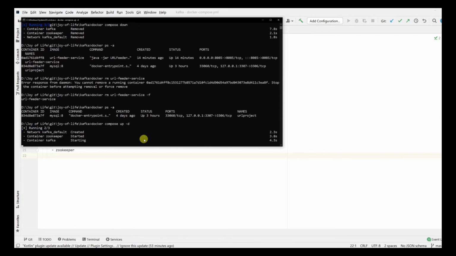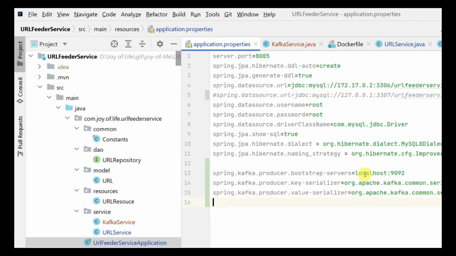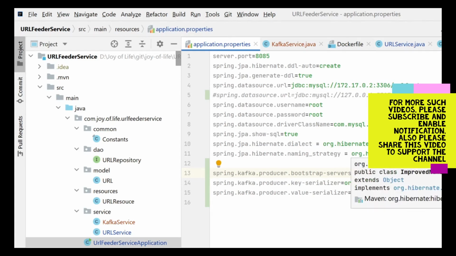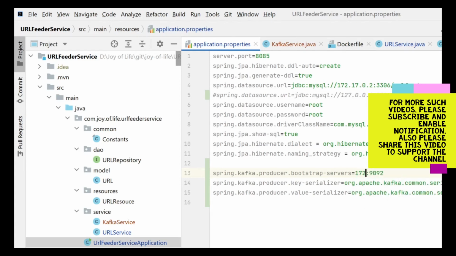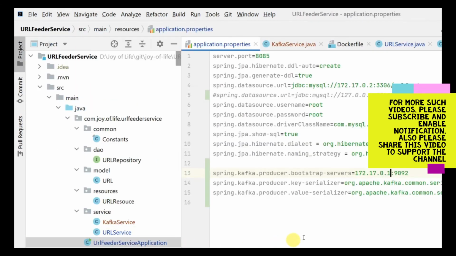And since we are recreating it again, we need to go ahead and create our consumers. We are going to change all this host. So we are not going to listen to localhost anymore because this will be running inside the Docker, and we should be listening to the same IP address, right? 172.17.0.1, the same address that we have specified over here. So everything is now running inside the same network, right? So we are going to provide the same over here.